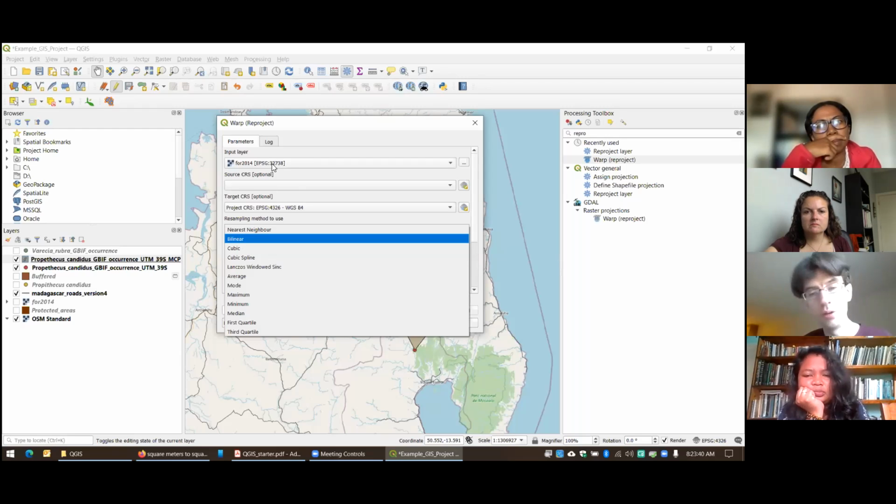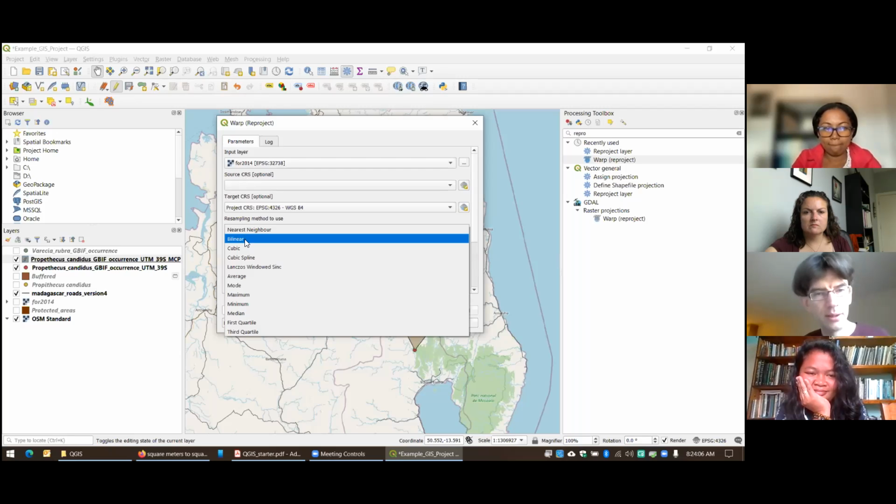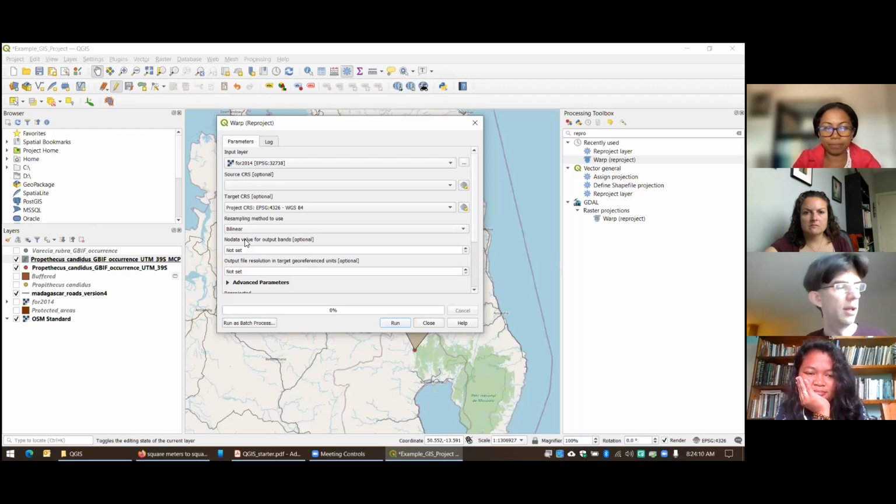So there's 100 different values the data can have, and that's really more than what I would consider for categorical data. Categorical data typically has about 10 or no more than 20 different options. So I'm going to select bilinear, which is going to be the best method for resampling continuous data.